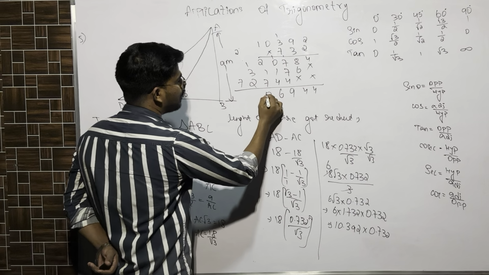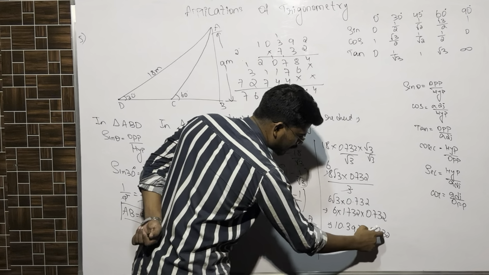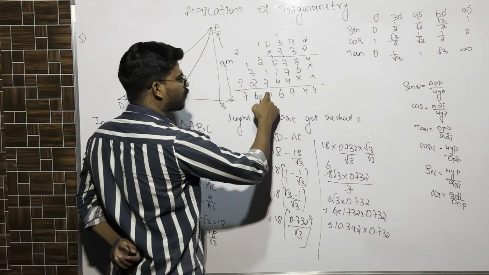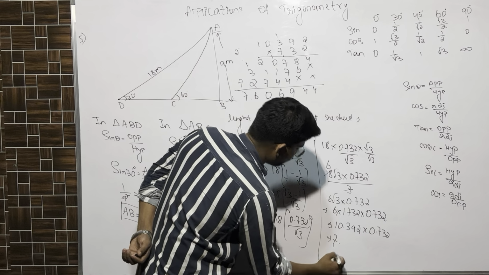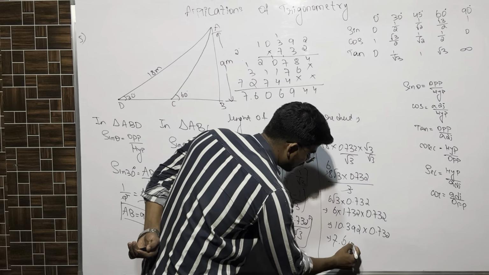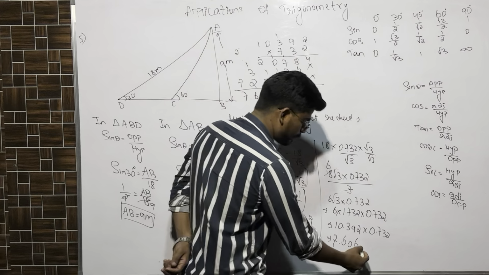10... 6 7. After 1 2 3 4 5 6, 6 numbers. So the answer is 7.606. After the point you can add up to 3 digits. Not a problem. Meter. What is it? What was